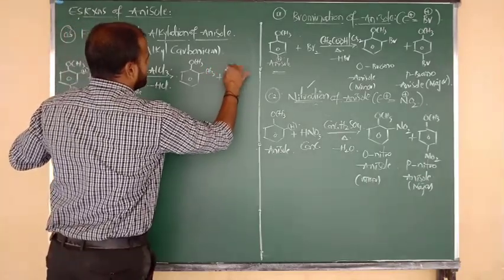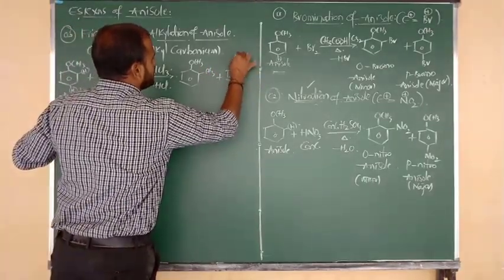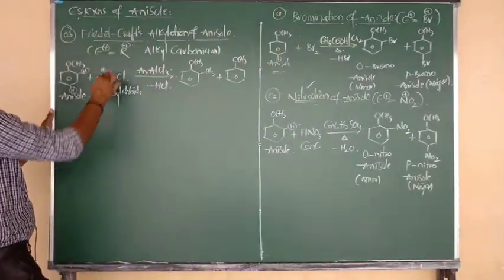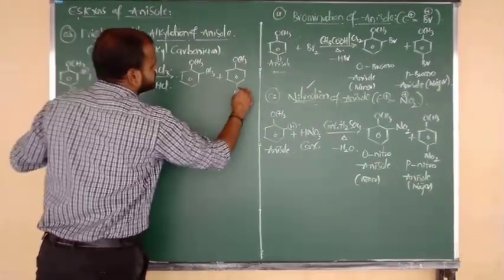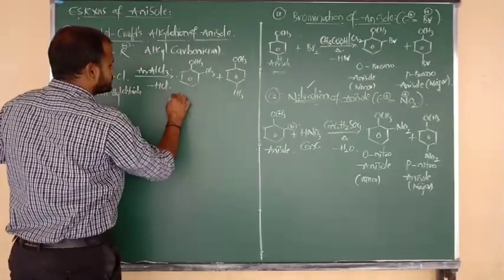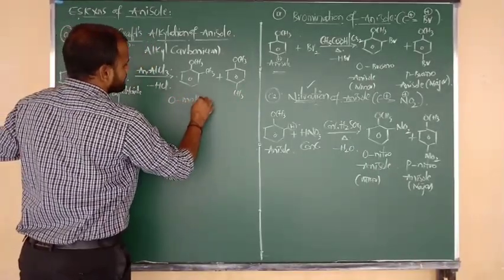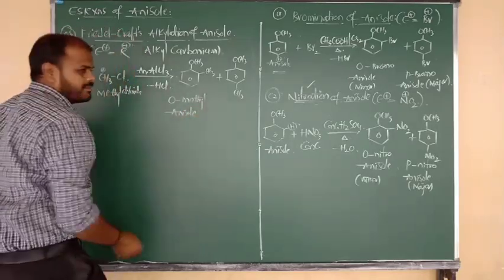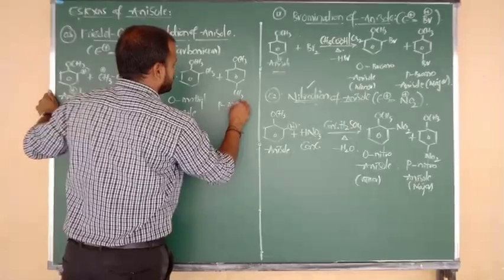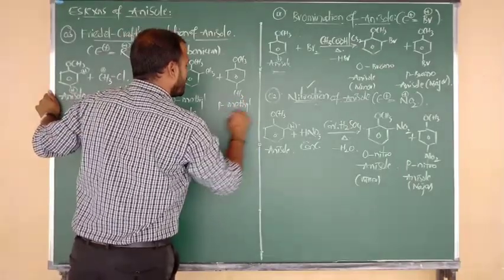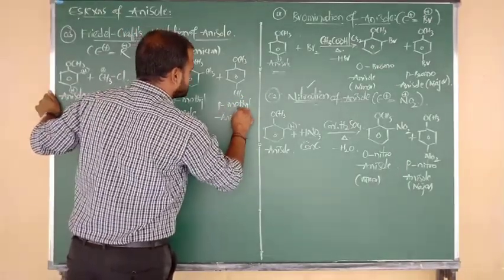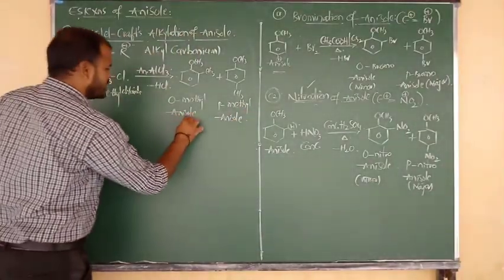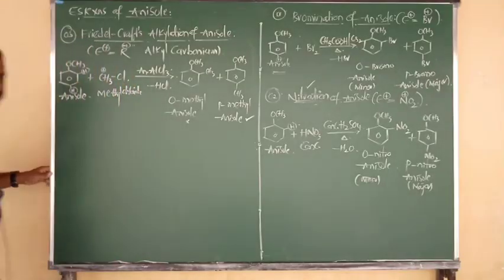Again similarly we can write one more product. Benzene bonded to OCH3. Again para place attacked by electrophile, nothing but methyl carbonium. So come on, what will be the first product? Orthomethyl anisole. And what will be the second product here? Paramethyl anisole. One is orthomethyl anisole and one more is paramethyl anisole. Understood clearly? Good. Again orthomethyl anisole is minor and paramethyl anisole is major.